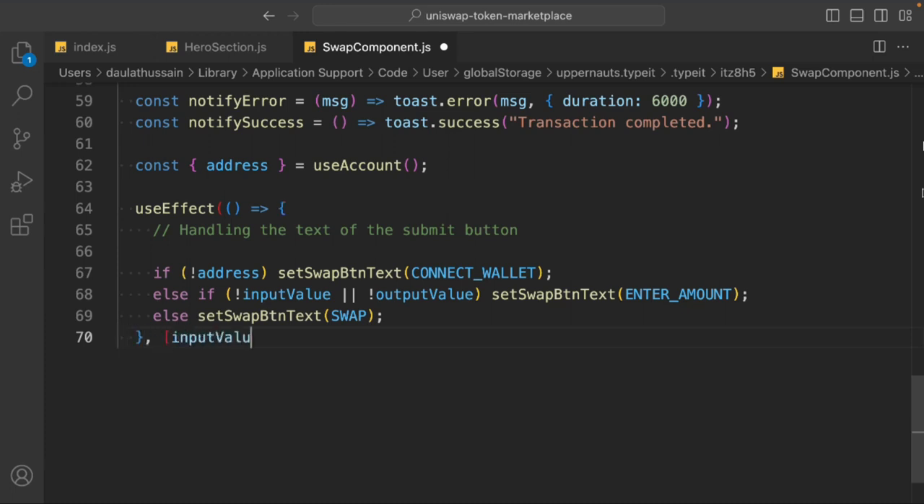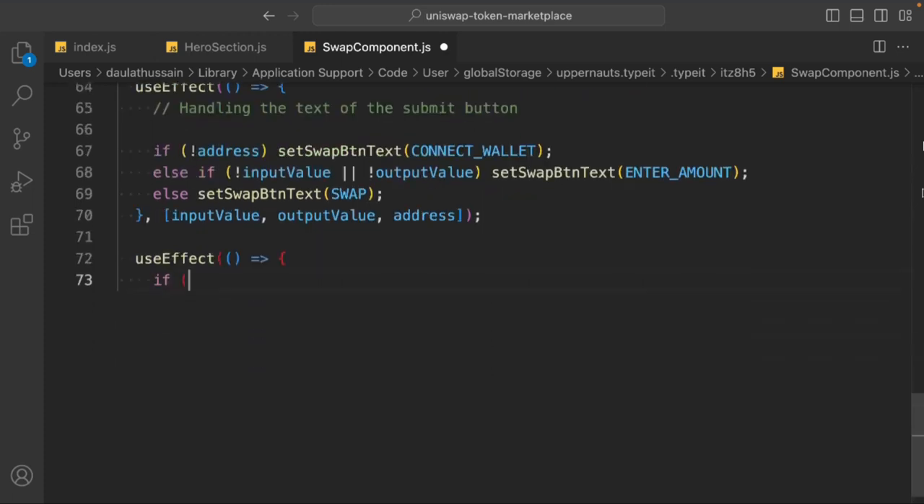And we have to call this hook whenever any input value, output value, or the address changes. So that's the hook we have. Now we can call another useEffect hook. In that we have to check for a condition. We'll say if